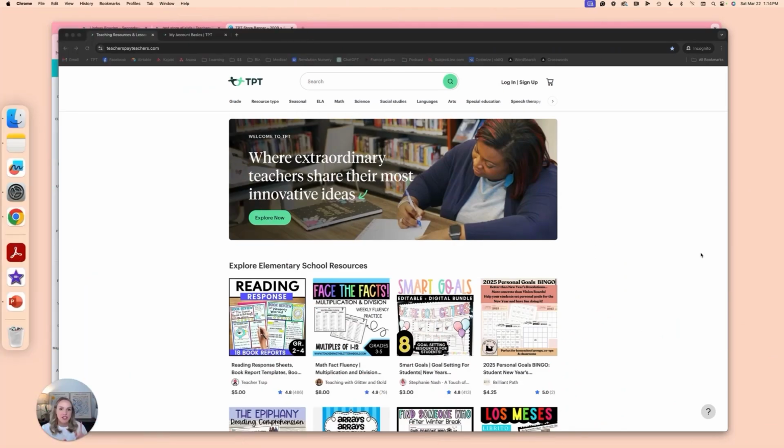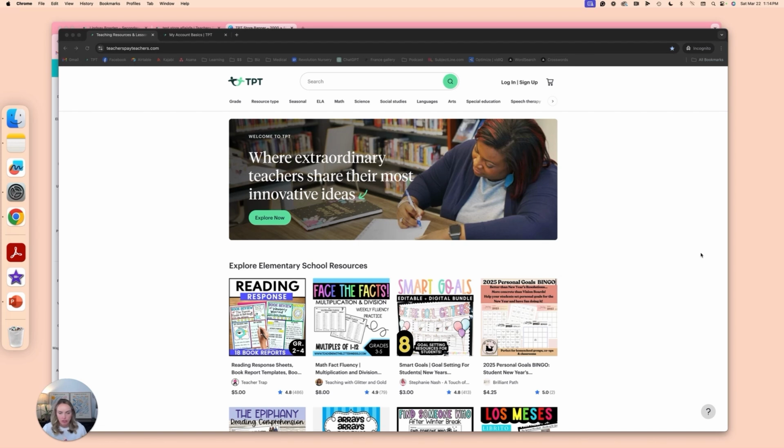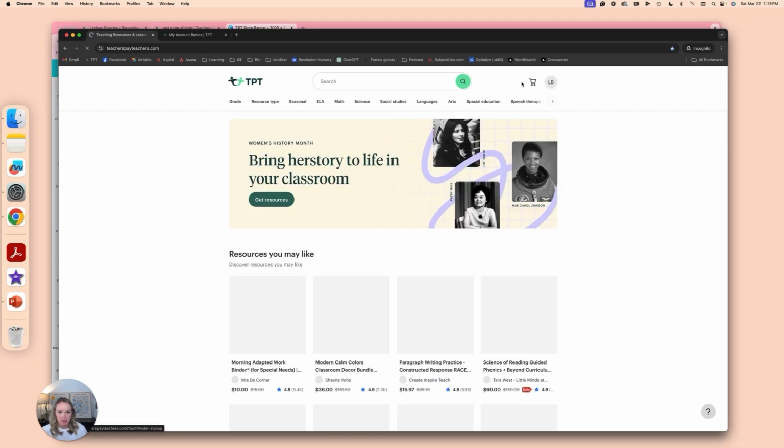Let's set up your Teachers Pay Teachers store. Step 1 is to create a Teachers Pay Teachers account. This is for someone who has never purchased anything from TPT, you've never logged into TPT before. If you already have an account, even if you are just using it to buy, then you can skip this step. But let me show you, if you've never logged in, you're going to go to teacherspayteachers.com, sign up, and